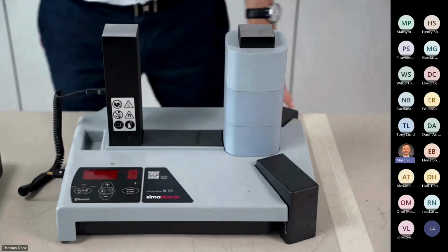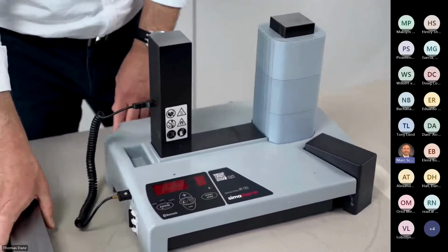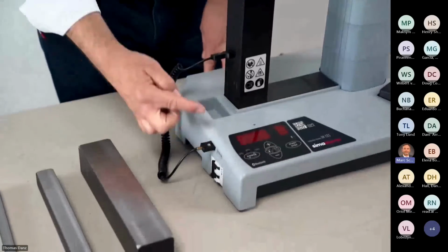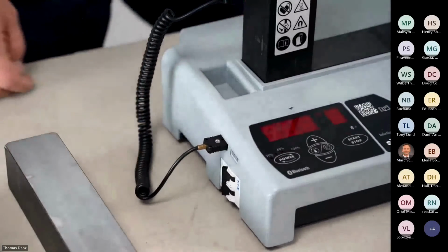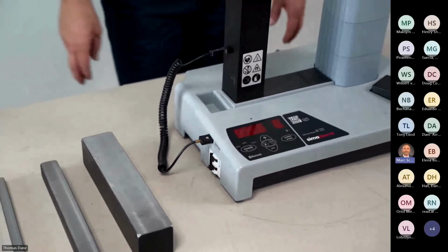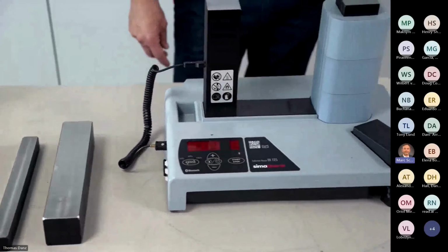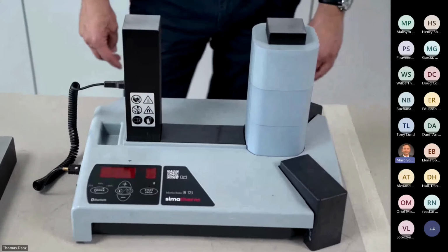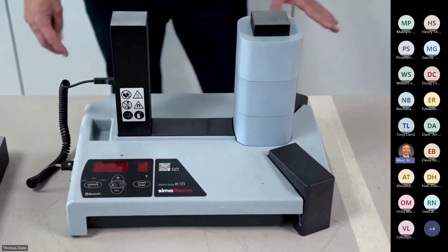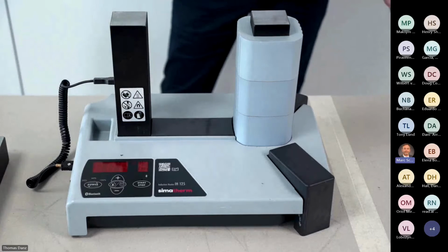What is new also is we have the possibility to connect over here two temperature sensors. And we are able to connect that device to our WOM app and also command the apparatus by the app. Well, that's what is new on that apparatus if we compare to the